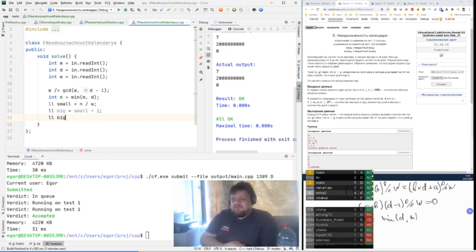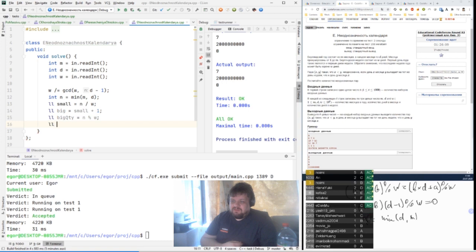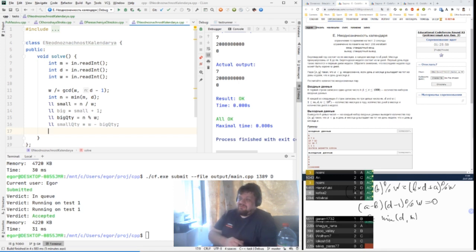Yeah, still writing this. So we first select A, and B is equal to modulo W, which is the remainder. There are two types of remainder because